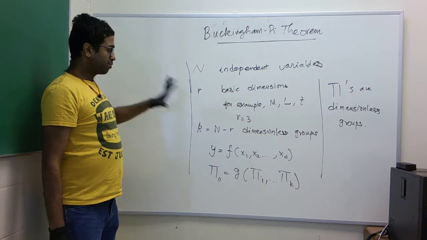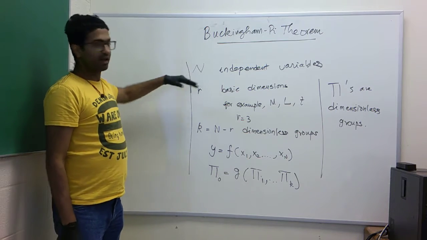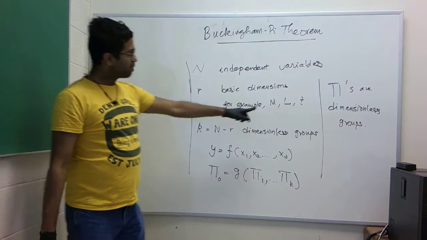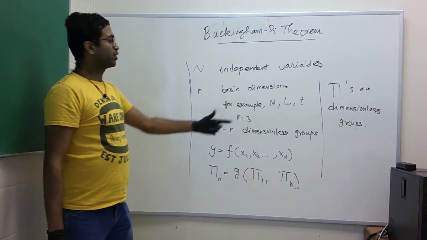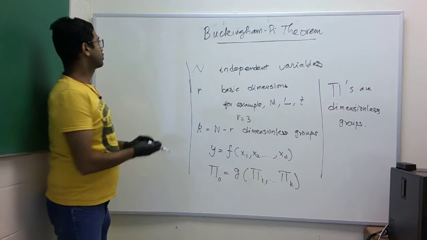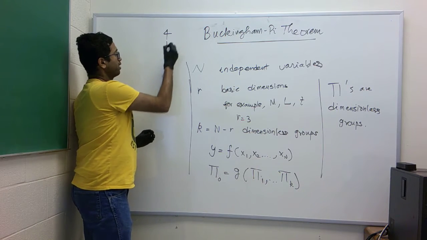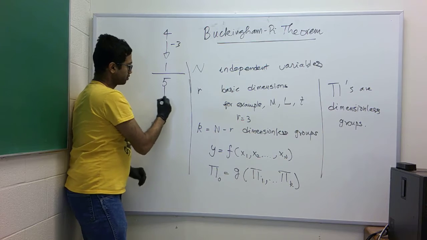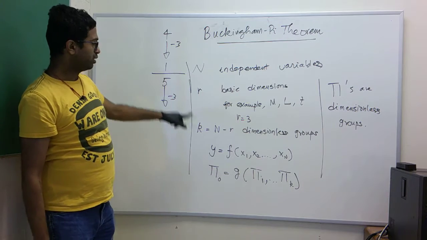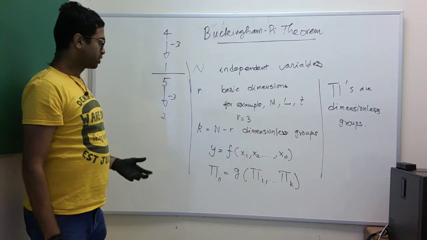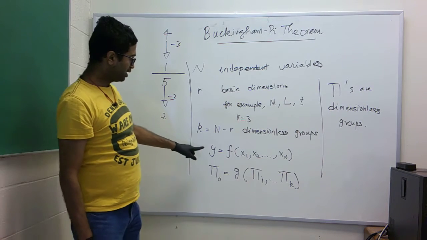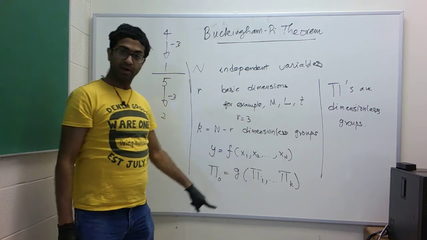The process, or the art, of non-dimensionalization is something you get more experienced at as you do more examples. The basic idea is that you start a problem with n, which could be 4 or 5. You have 3 basic dimensions in fluid mechanics, usually mass, length and time. If it's heat transfer, you also have temperature. In this course, it's 3. So you would reduce 4 to 1, or 5 to 2. You would have k, either 2 or 1, or n minus r dimensionless groups to represent the relationship between the dependent and the independent variables.